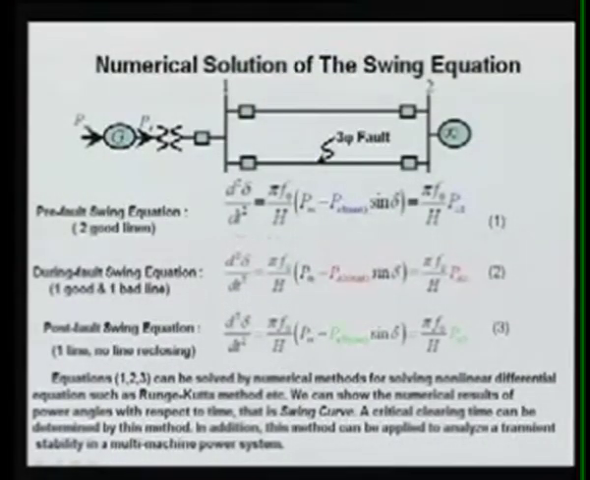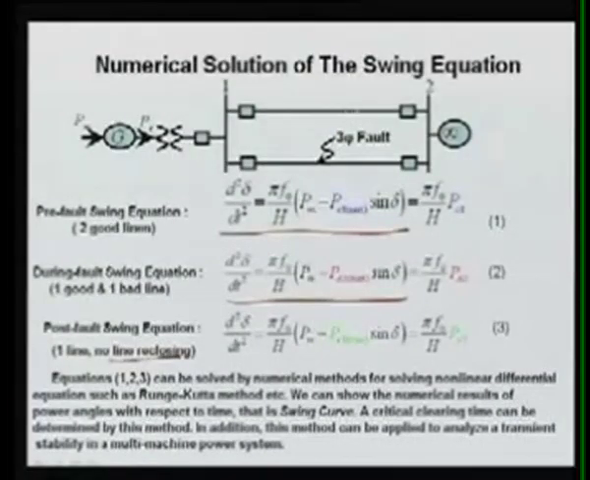We have written the swing equation for the pre-fault condition, this equation during the faulted condition, and then the post-fault one. Here, line reclosing is not considered, meaning the fault is cleared by the outage of the line. This line is tripped after a certain time, and post-fault only one line is existing along with the GT generator transformer, and this is that equation. So equations 1, 2, 3 here